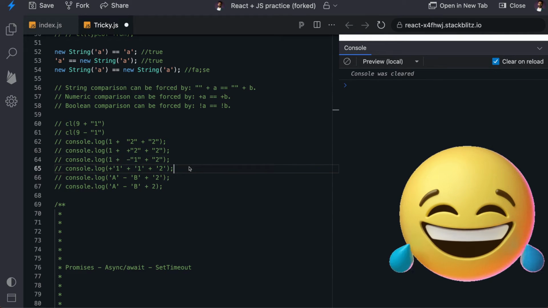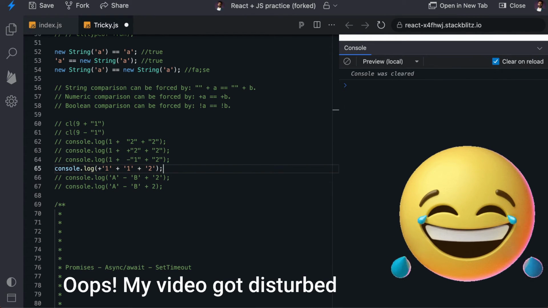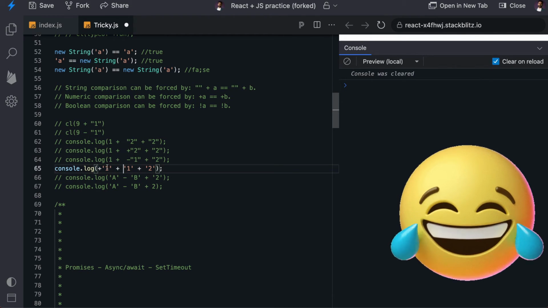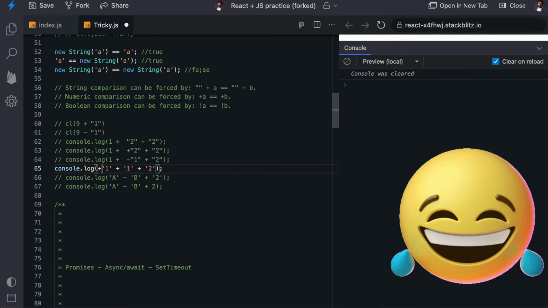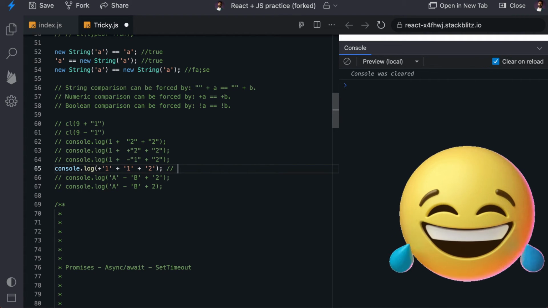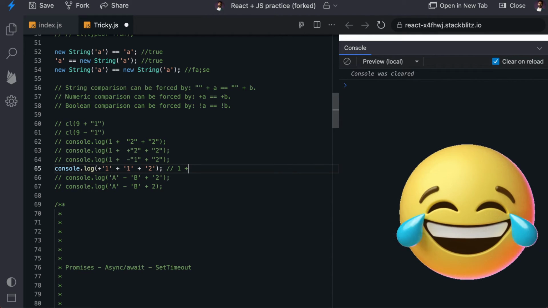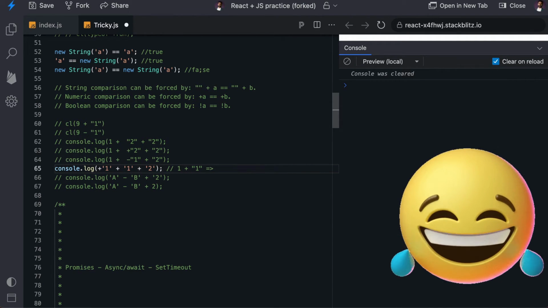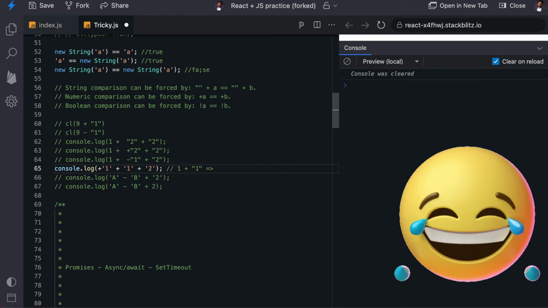Okay, so now let's move toward our next question, this one. This is the same thing as we discussed previously. We have a plus here right before the 1 in the string. So what will happen? First of all, this 1 will be coerced to integer 1, and then it will be added with the 1 which is in the string, and finally this portion, only this portion, will output as 11